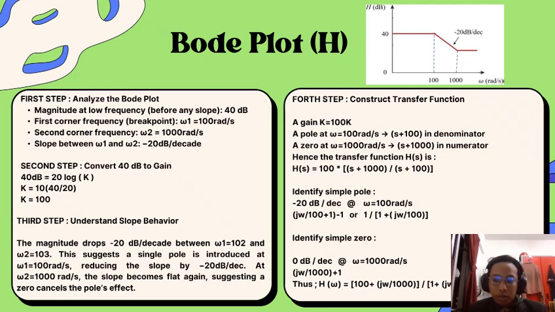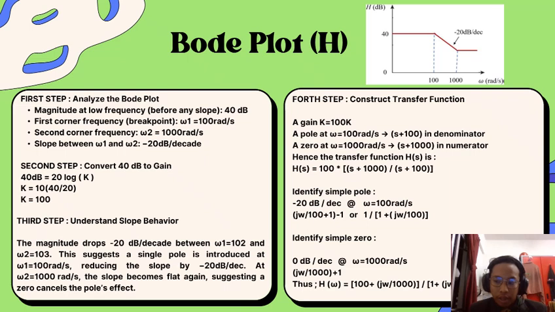We then observe two important breakpoints, which is the first corner frequency occurs at omega equal to 100 radian over second. The second corner frequency is at omega 1000 radian over second. Between these 2 points, the plot drops by 20 decibel per decade, which suggests that a single pole is present at omega equal to 100 radian over second. After omega equal 1000 radian over second, the plot becomes flat again, which implies the presence of a zero that cancels the pole